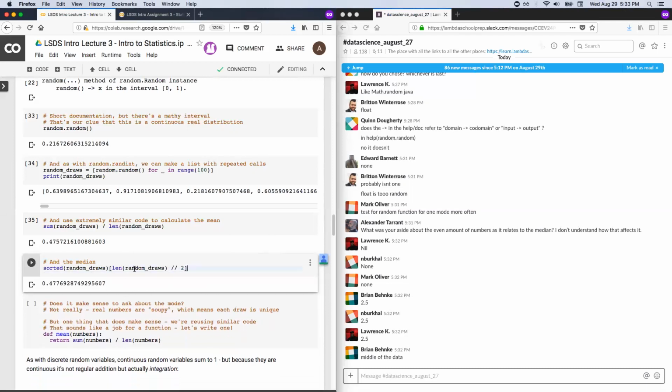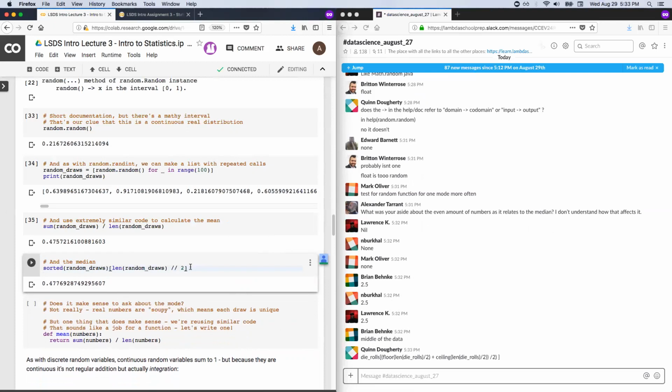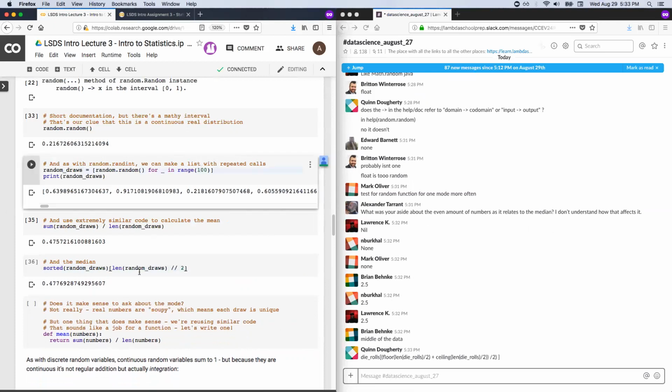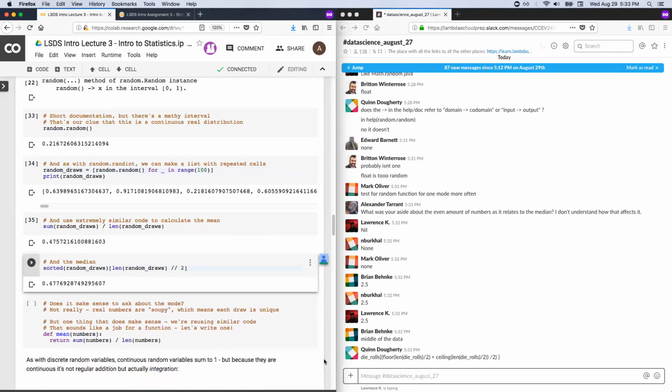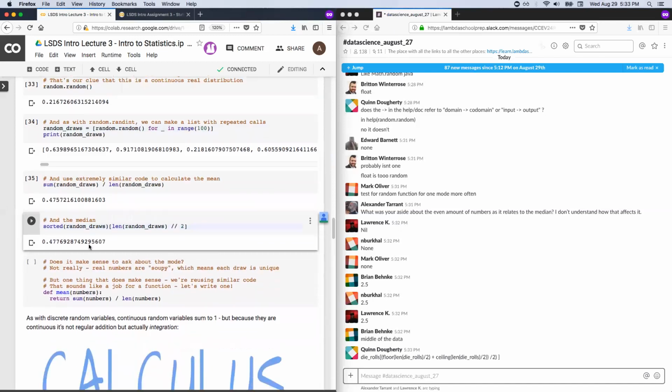And so what I'm doing here is I'm not doing that. I'm just looking at the middle element. Now, that convention matters less and less the more numbers you have, right? We have 100 numbers. So if we fixed this, it wouldn't be that different. But sure, that might well do it. I will let people explore that on their own.